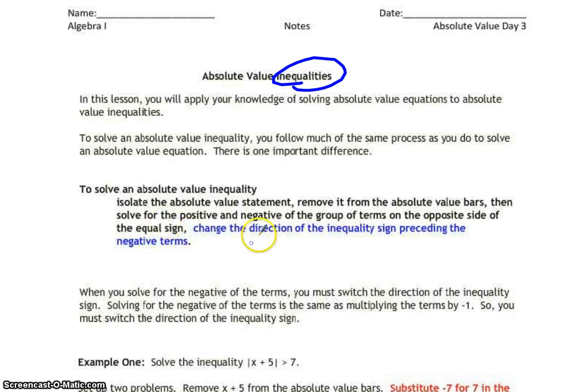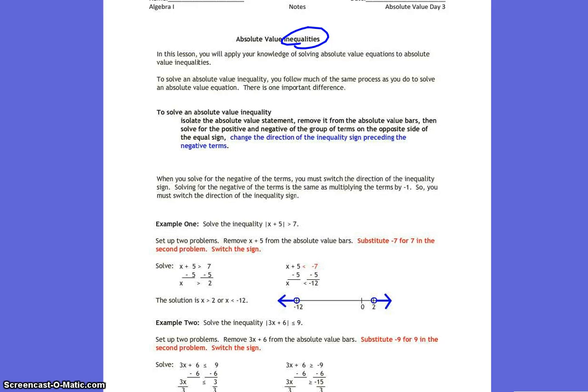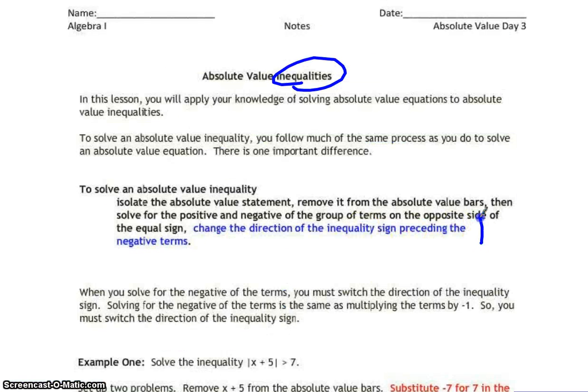If you multiply or divide by a negative number, you have to flip the symbol. Okay, right here. You have to do this. This is your only thing that's different. So,